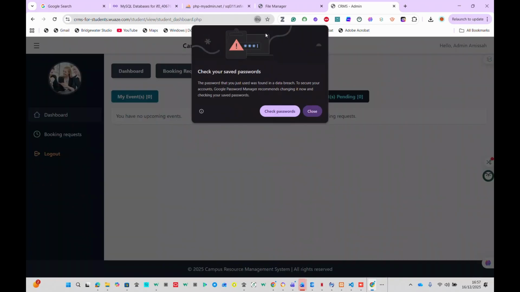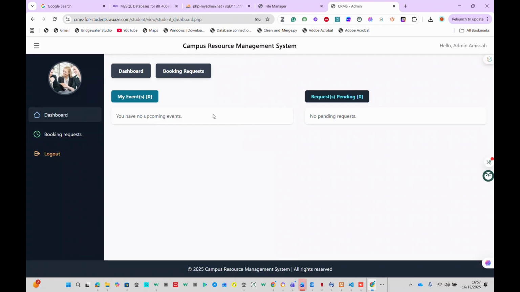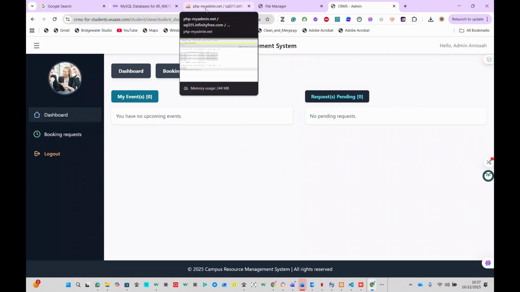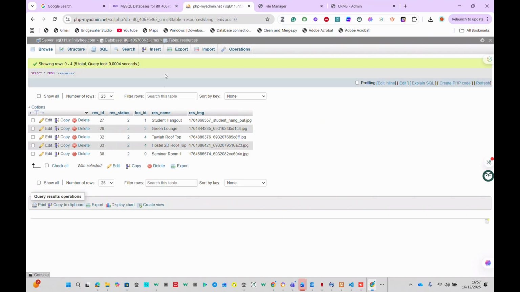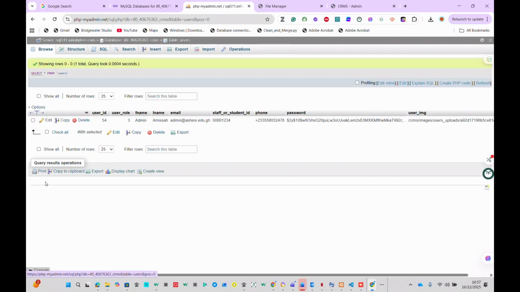Then from there, in order to have control over the back end, you can decide to make this user an admin or a user or a resource manager. So we'll go and make this user an admin. We come to the database, then we make this person an admin. So we'll go to user. Now user row,